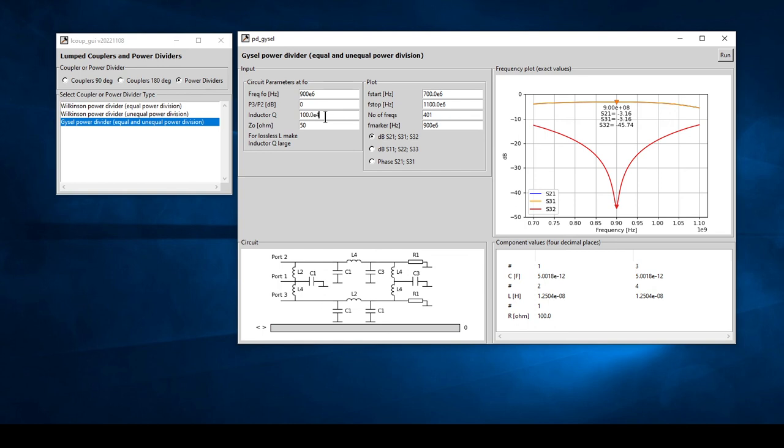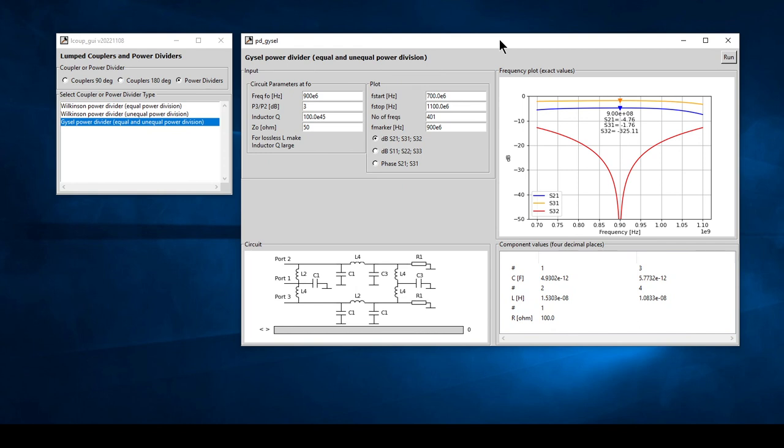Okay, so once again we can also then change the power division or power split, make that 3, and we see then the difference between those two lines is going to be 3 dBs. Okay, so those are the various options you have for the lumped couplers and power dividers